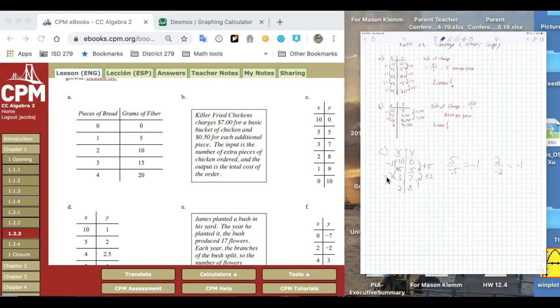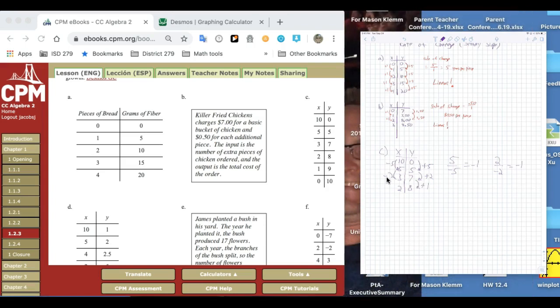Let's try this again. Here we're going up by 1, and here we're going down by 1. Here we have another one. 1 divided by -1 is equal to -1. So we have what doesn't look to be linear right away, but if we take and plot some of these